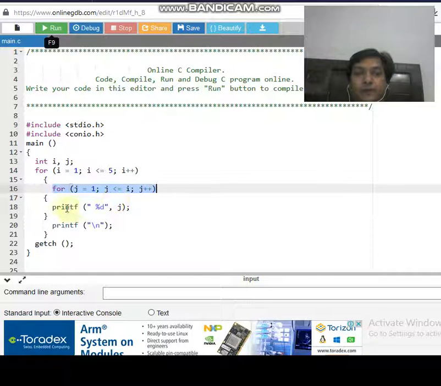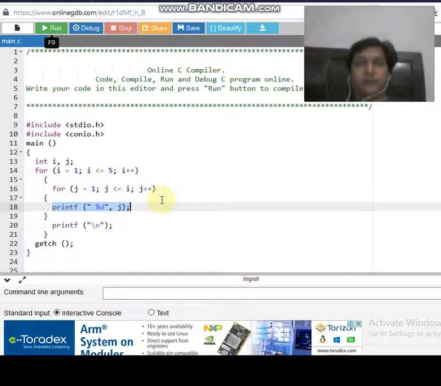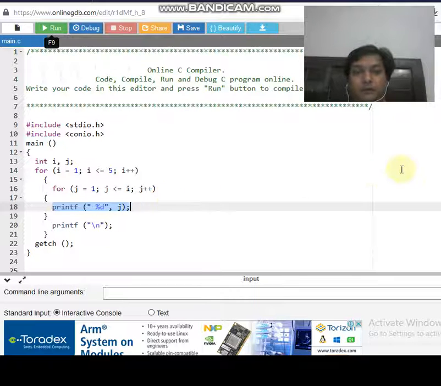So the value of j is dependent upon the value of the variable i, and we are printing the value of j. This program prints a particular pattern with the help of this nested for loop.